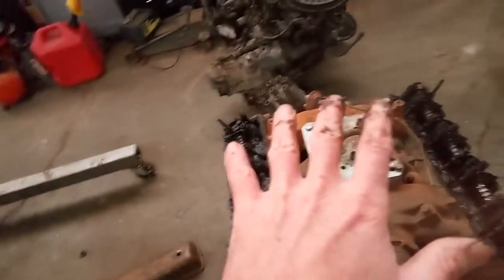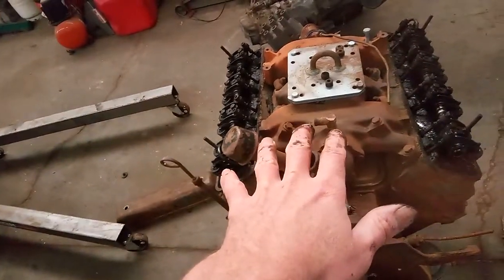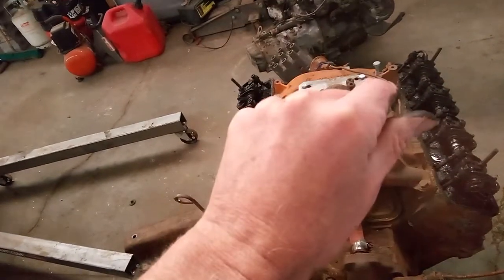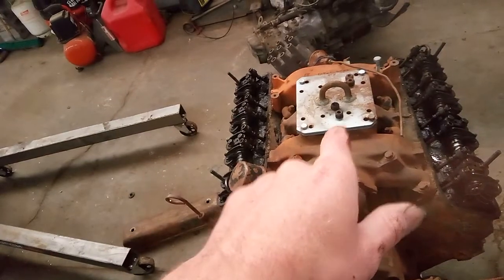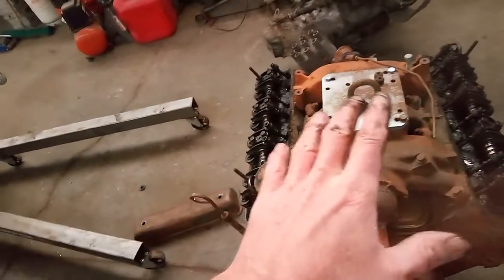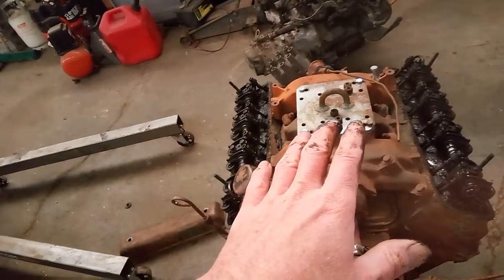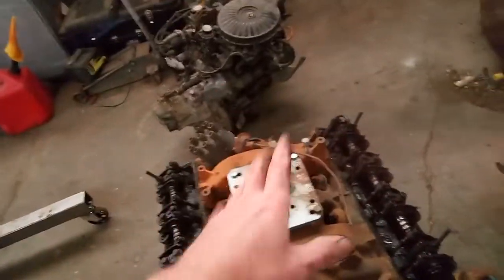Anyway, that's where I'm at on this. I'm going to go ahead and stick those valve covers back on it now and get ready to take this up to the shop. And I'll show you my magic mystery juice that I'm going to pour down into it to help free up the valley. I don't have any more here. I've used it all up. I got to mix up another batch. But I'll show you my recipe for